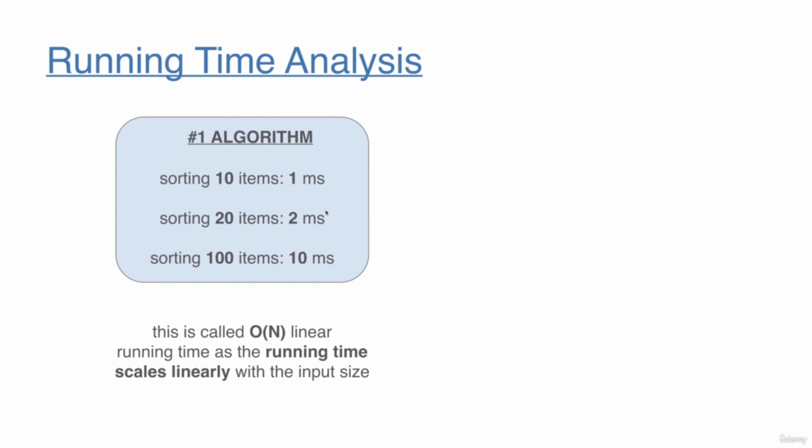So we can come to the conclusion that this is a typical linear running time, which is denoted by O(n). We are going to talk about it in the coming lectures. What's crucial is that, as you can see, the running time scales linearly with the input. We have 10 times the input size and we end up with 10 times the running time, which means that